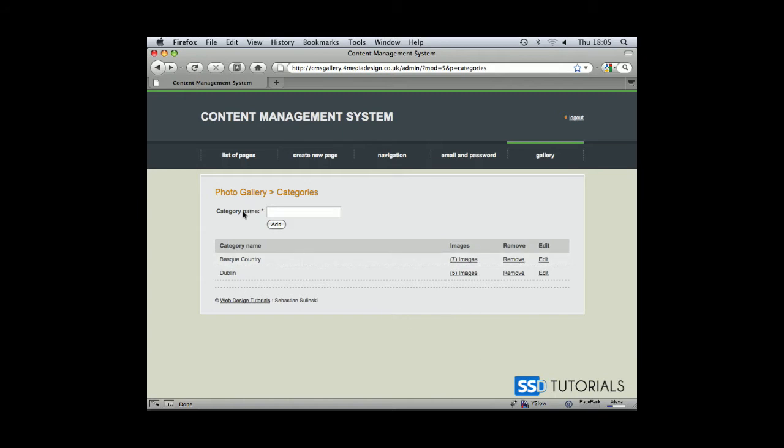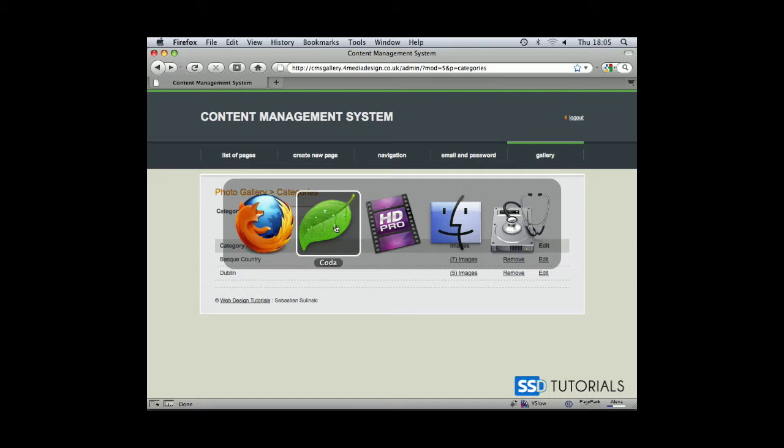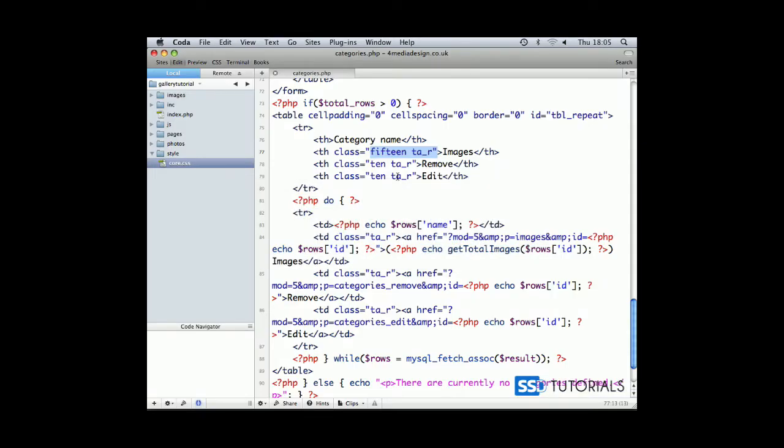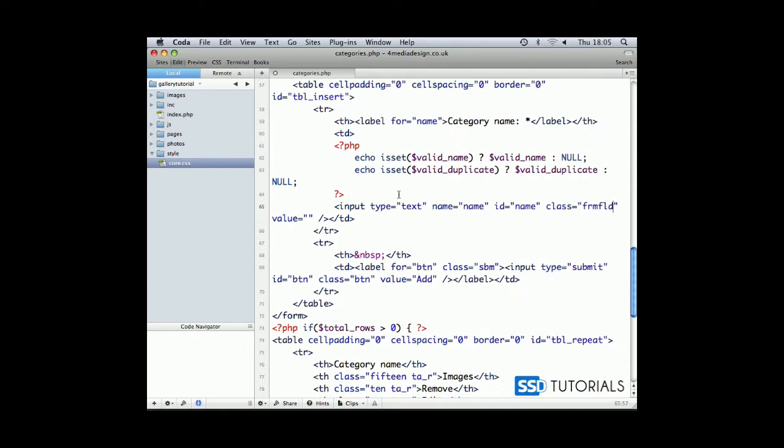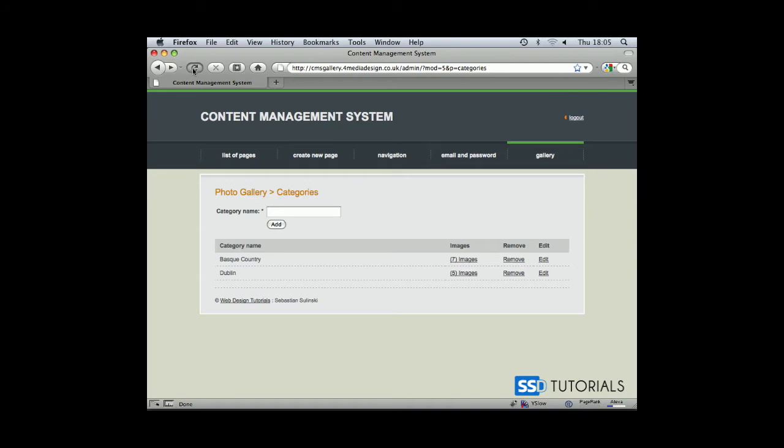Now we need to focus on this form at the top. If we look at the form at the top, the class for form fields here is frmfld. So save it. And if we now preview this in the browser, yeah, that looks much better. Now if we click add, obviously the warnings are displayed on the left hand side rather than the top. So go back,